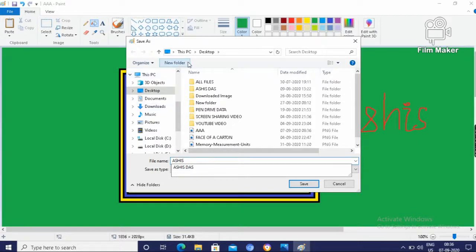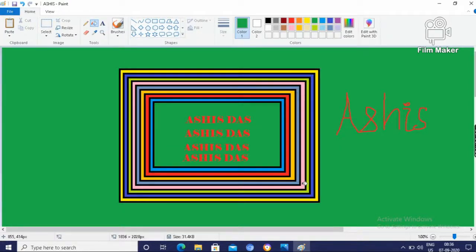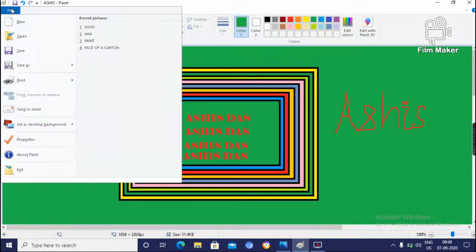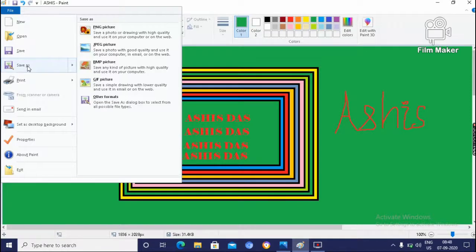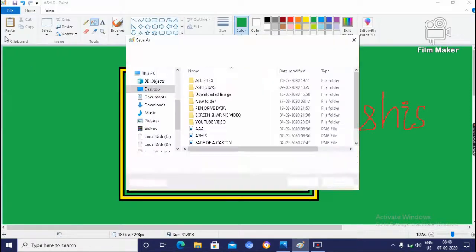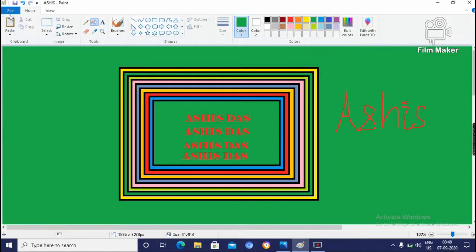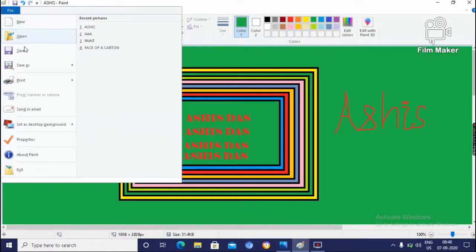This PC, this is saved on this PC desktop, then click on the Save option. You can save this by clicking File, then Save As.